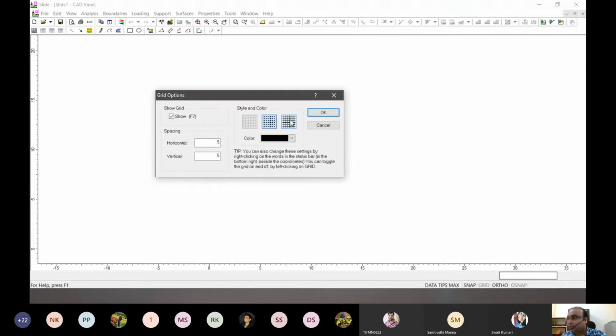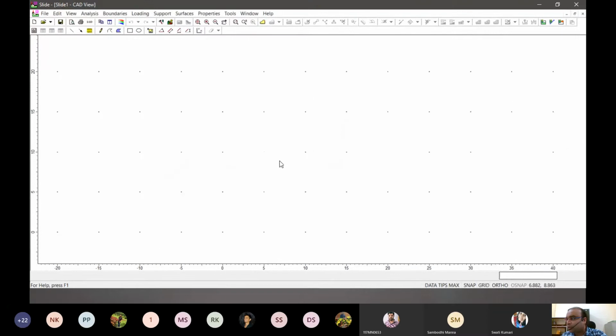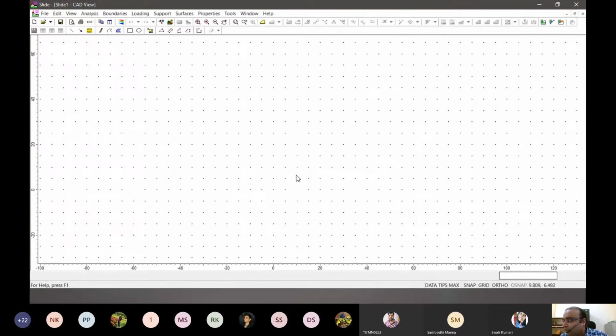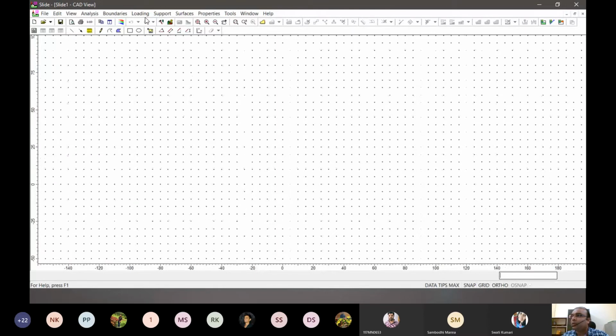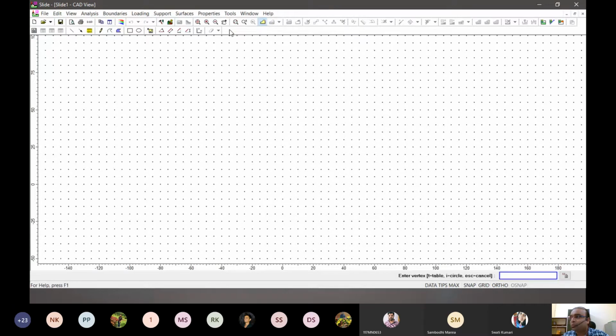Now based on what we require, we can put dots. If you can see, the whole area is divided into 5 by 5 nodes, and that helps us when we draw a slope manually and not giving it coordinates on the first go. And a good feature is a snapping feature. It snaps to these grid points, so it is easy to do.